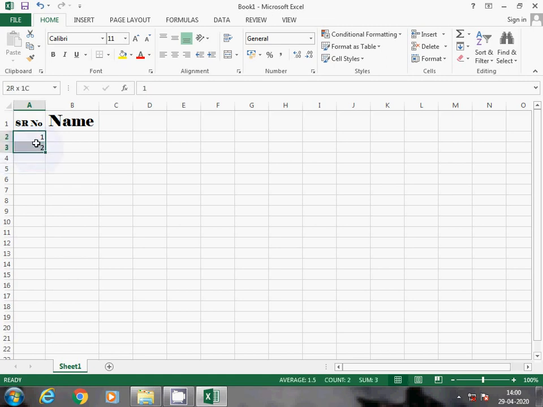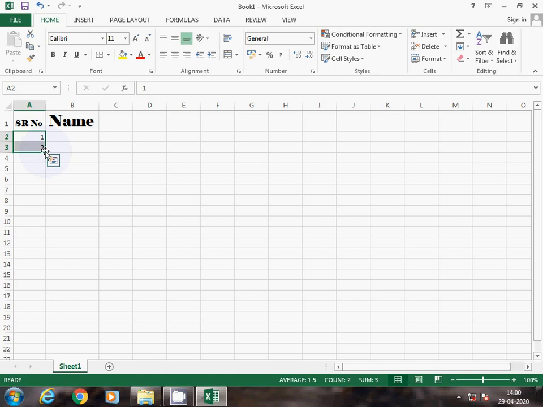First you have to type the first two numbers of your series. Suppose here I am going to generate a series of 10 numbers. So 1 and 2 I have typed. Then I am selecting this small square which is coming here, it is called the fill handle. When you place your cursor on this fill handle, the cursor changes into a dark plus.